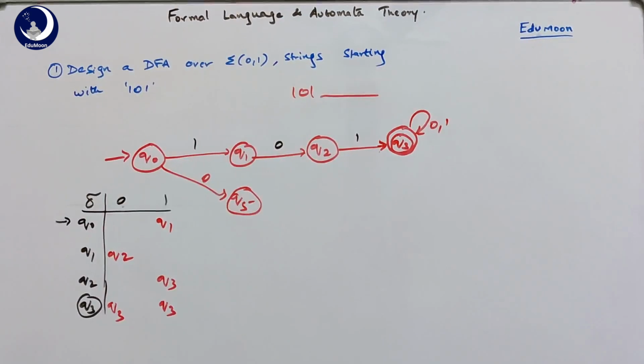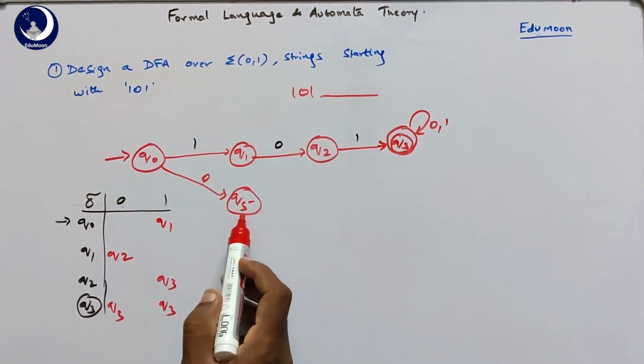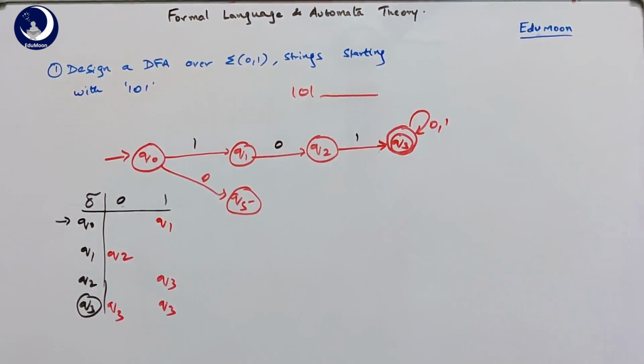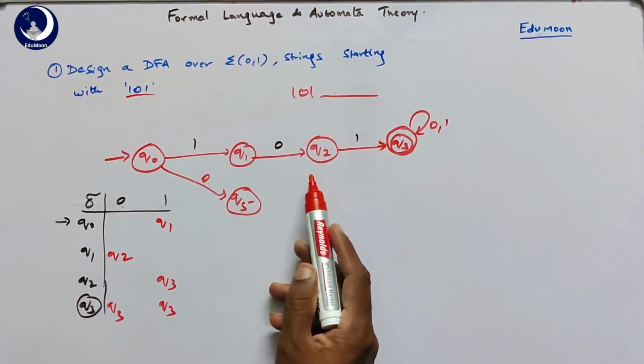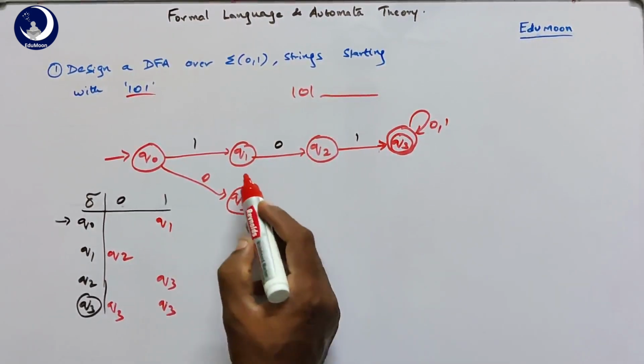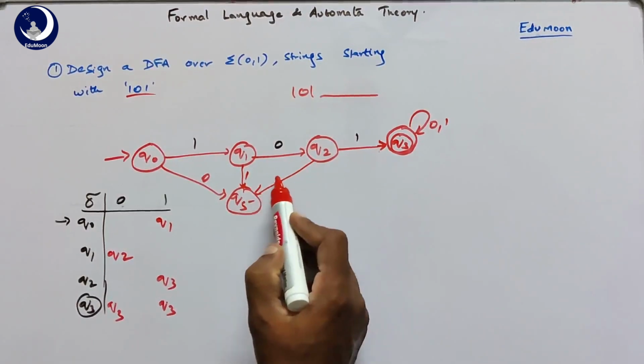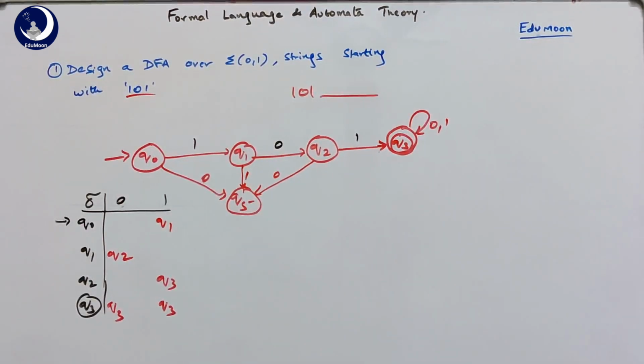We call Q5 a dead state because once the string starts with 0, it comes to Q5 from Q0. So from this there is no outgoing transition here, because it already violated the basic rule that the string should start with 101. Similarly for Q1 on 0, we have given to Q2, and Q1 on 1 is not present here in the table also. So that also indicates we can get to this one, and Q2 on 0 also can be given to this one, because they simply reject the string which is starting with any other combination other than 101.